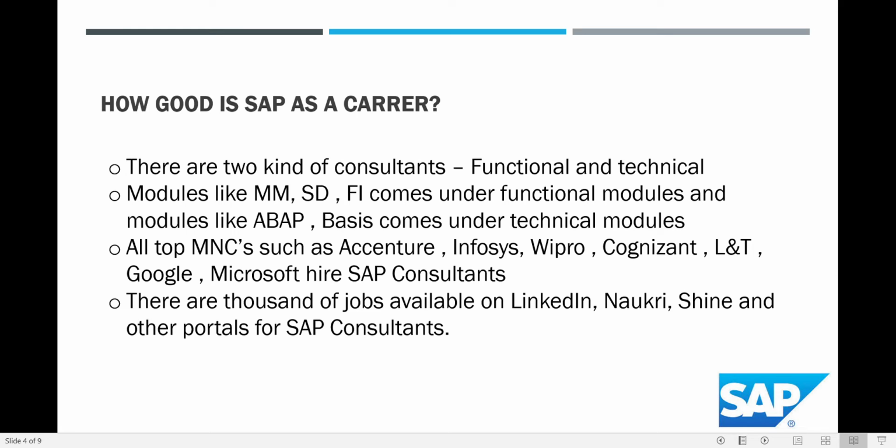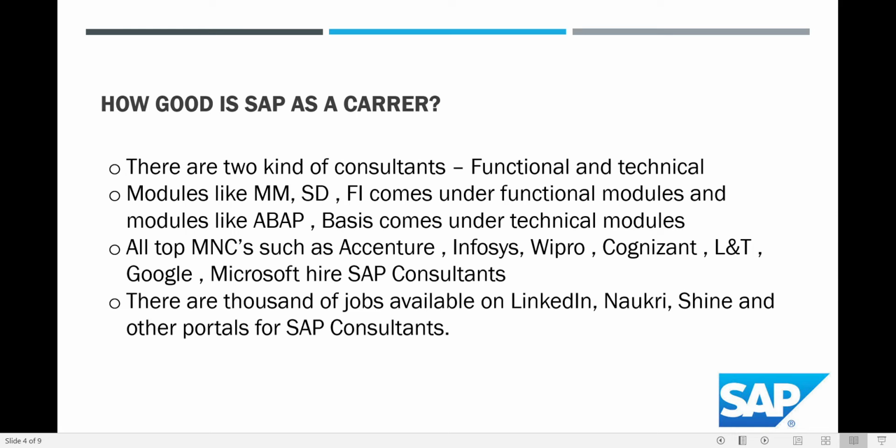If you Google right now on Naukri, on Shine, or LinkedIn, on Google, SAP careers or SAP jobs, you will find that there are lakhs of jobs available currently, even right now. What it basically tells is that the jobs are in abundance.